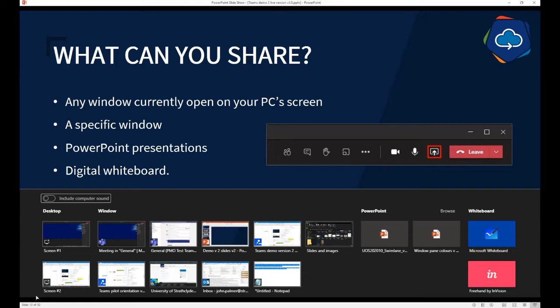Same for screen 2 if I wanted to do that. Under window, these are all the windows that are open on my PC at the minute. This one's a mind map, and this one here is my Outlook. Let's say I wanted to make absolutely sure that my email didn't appear during the meeting, and I wanted to show the mind map. I just ignore these options here, and I click on that one, and it would share that program